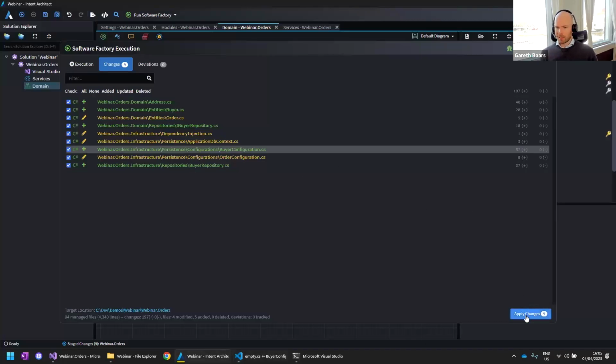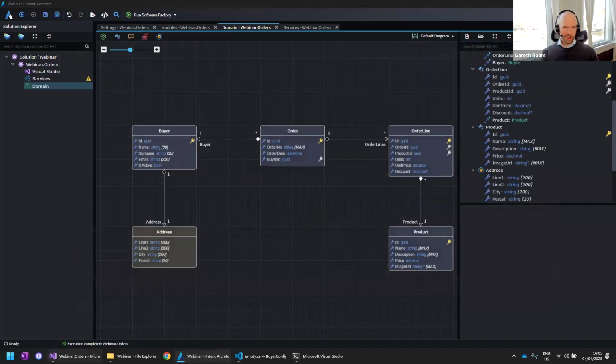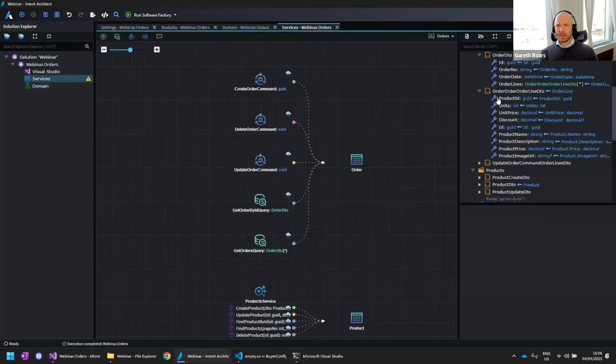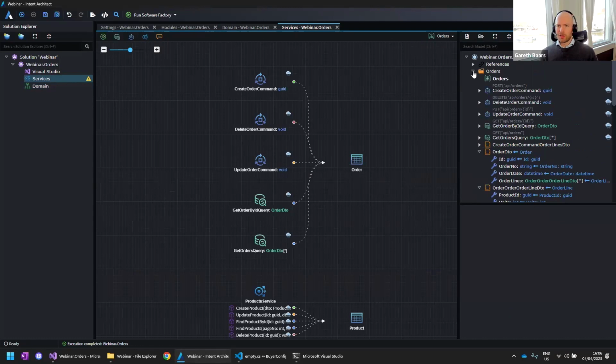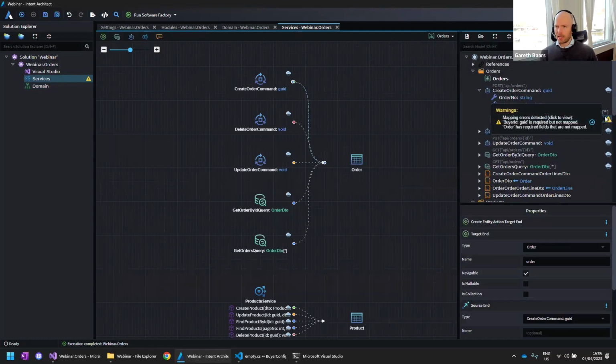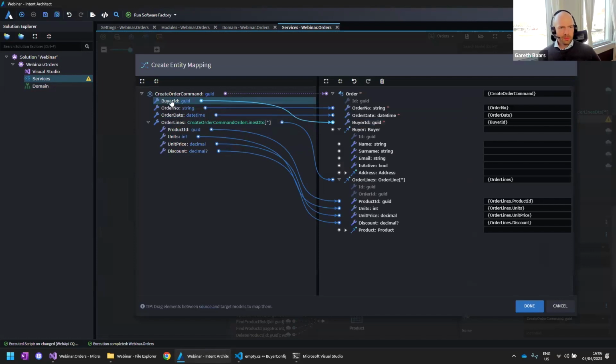All right, so if we're happy with this, we can say apply changes, and all of that software has now been fixed, and all of that code is inside of the code base. To close the loop here, we can jump into the services again. You can see we got a bit of a warning over here. Let's take a quick look at this warning. It's showing me that there's a warning in the mapping. The buyer ID just wasn't being set over there. It was just giving me a warning.